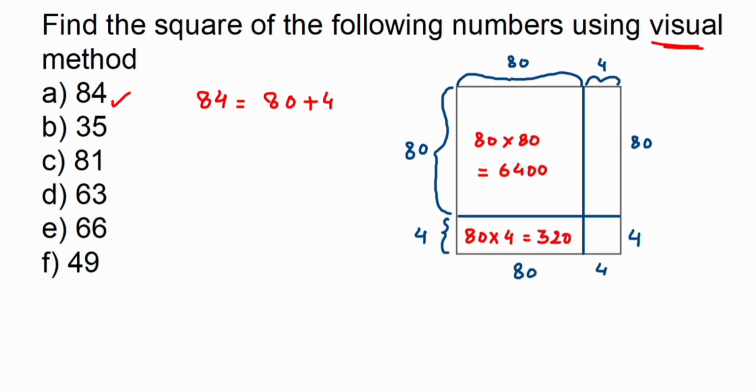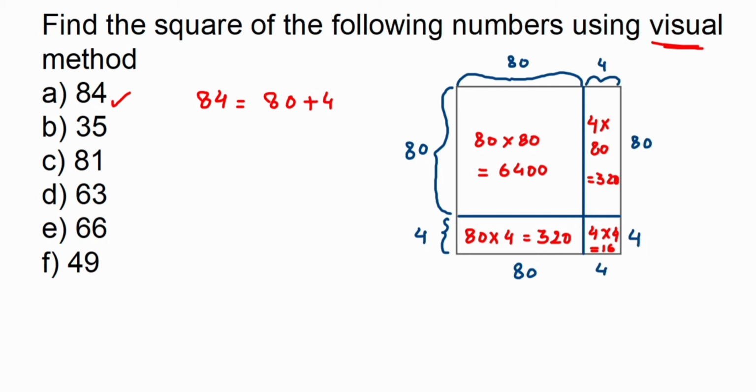Similarly the next one, this part is also a rectangle, you can see. The length is 4 and the breadth is 80, or vice versa, you can take either. When you multiply, the area will be the same, 4 multiplied by 80, which is going to give us 320. Now the last part is a square again, because both sides are the same, 4 and 4, and the area of a square is side squared. So 4 multiplied by 4 is 16. Now once you have the area of each part, you just have to add them, and that is the answer.